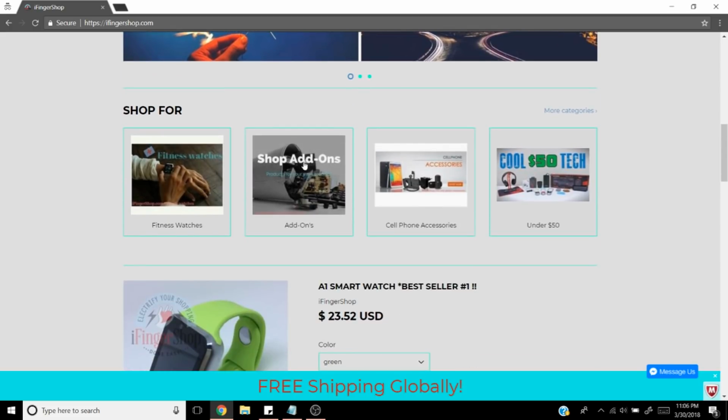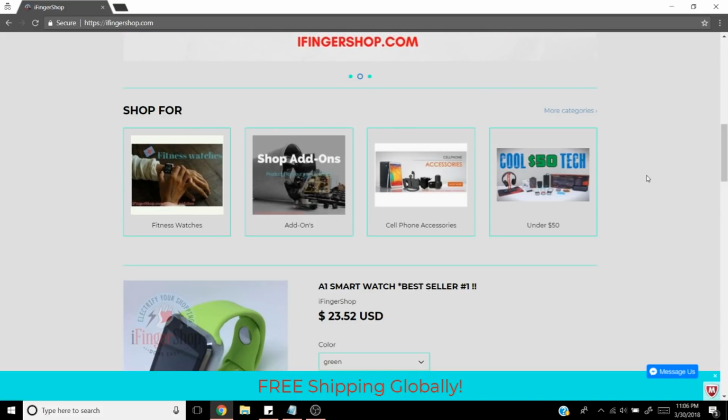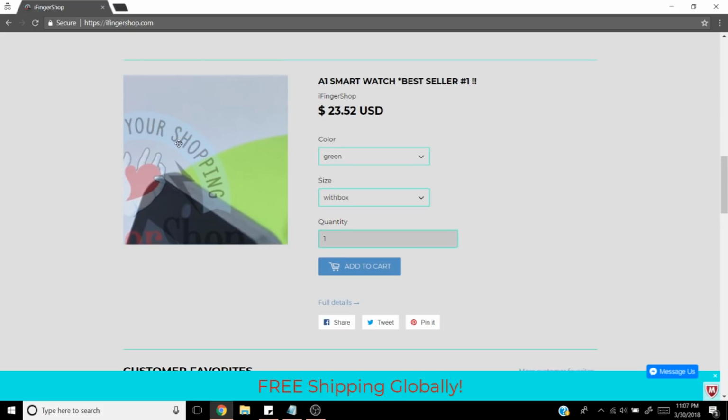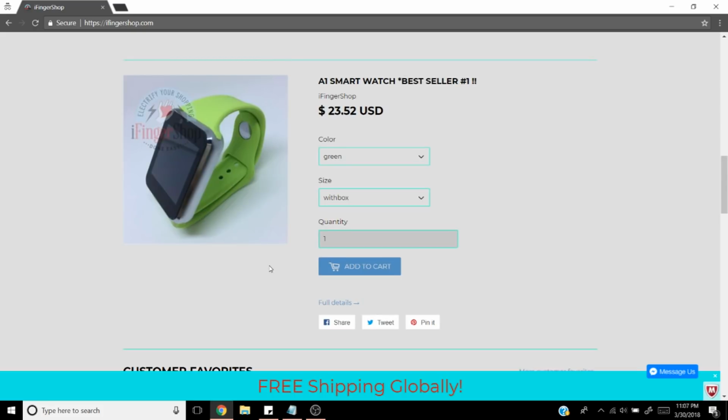And that would also just clean up a little bit of the space and allow people to get right down to your main product right here. So I think this is good. Now, I wouldn't make your watermark this big. It is good to watermark your images, especially if they're your own pictures.